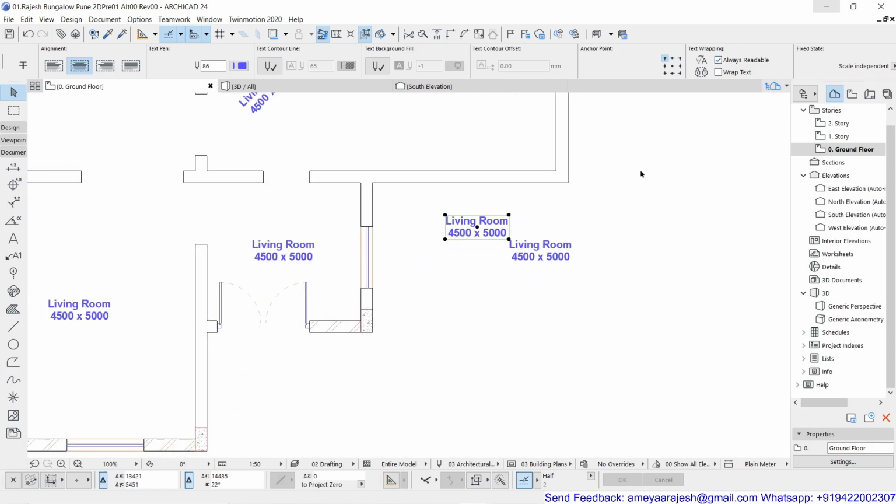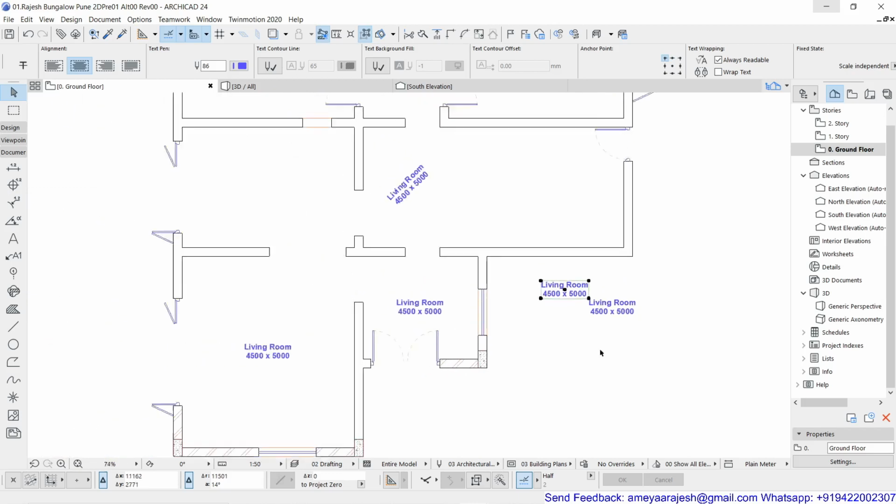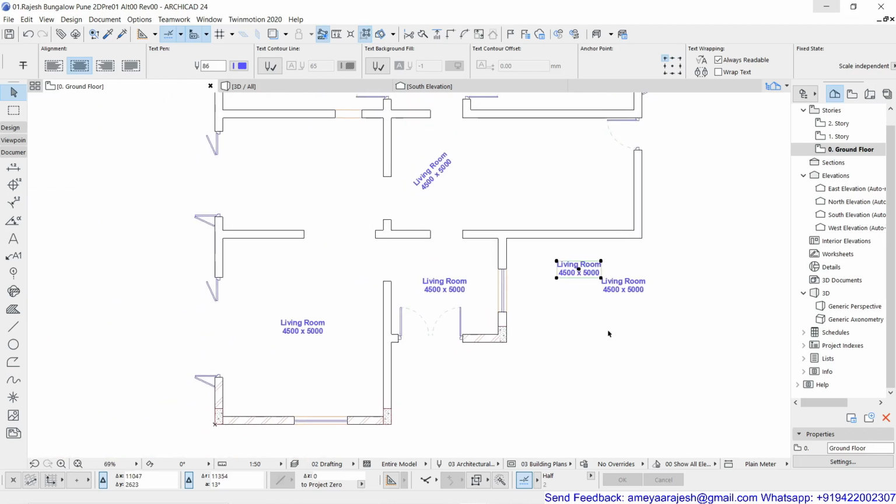So I hope now you have understood all the basic rotating options, or copy, move, mirror, etc. Of course, in the mirror also, that means if you want to mirror this text, you can mirror it also. That's not an issue. For example, if I press Control Shift M, mirror, and use this as a mirror copy, you can see that after mirroring, I get this kind of mirrored object. So I've made a mirror copy. Please try all these options and then go for the next clip.